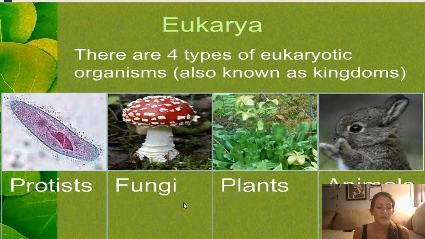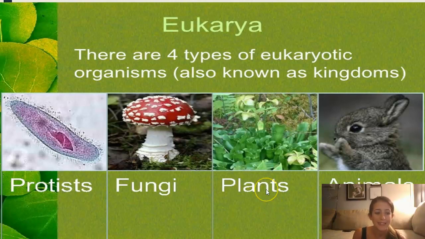So we're going to start off with our fungus group. Fungus are always heterotrophic. Sorry, they're heterotrophic. They can't make their own food. They're consumers. They can be unicellular or multicellular. Most of the time they're multicellular, like this guy, which is a mushroom, except for the one we've worked with a lot in biology, which is yeast. So yeast is a fungus. And their cell wall is made up of chitin.